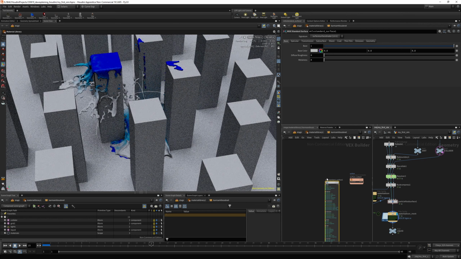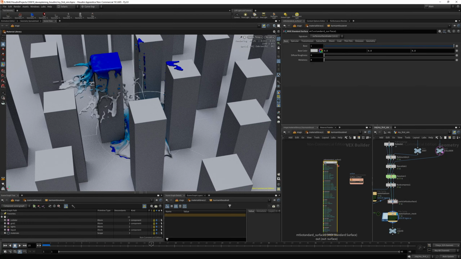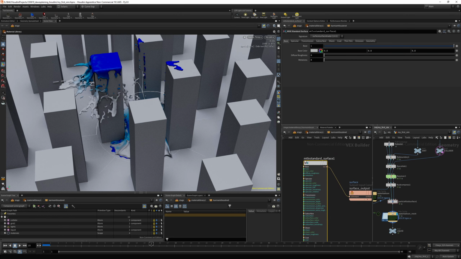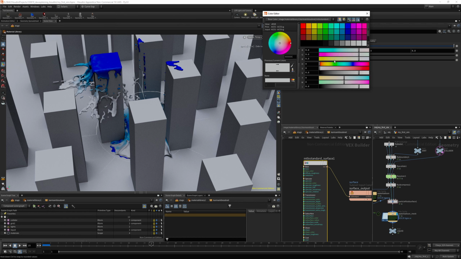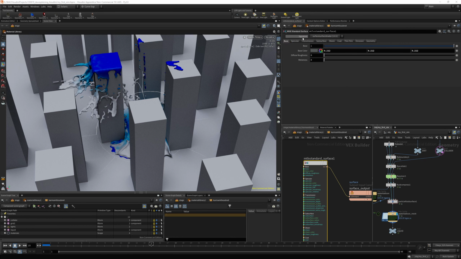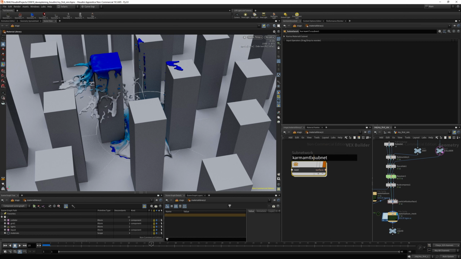This is what is the best compatible with Karma XPU. And you'll see nothing changes. Let's say that this is for the pillars, and let's just make it a, I don't know, a darker gray and specular. Let's leave it at default, maybe lower it a little bit. So I'll go up, hit the U key, and I'll just say pillars material, and then I'll alt-click and drag, and let's make the